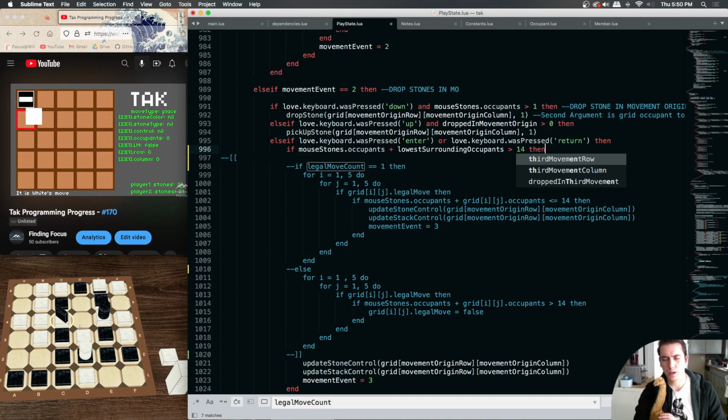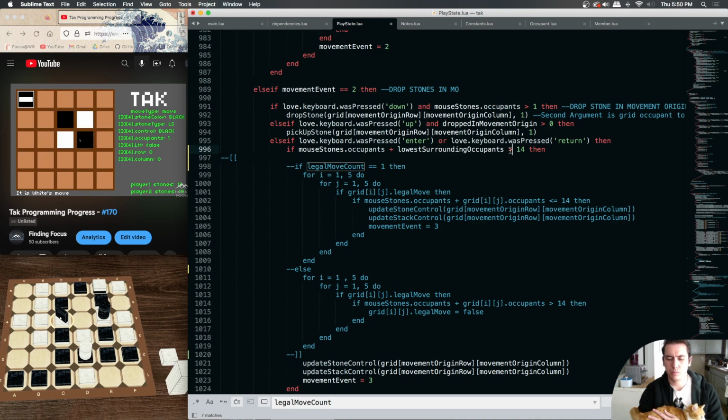So we can't move on to a movement 3 if you don't have any legal moves. So instead of doing this like we did before and making this do nothing in the illegal case, we're going to say if it is smaller than 14, actually do something. And if it's smaller than 14, we want to cycle through and make sure that the grid